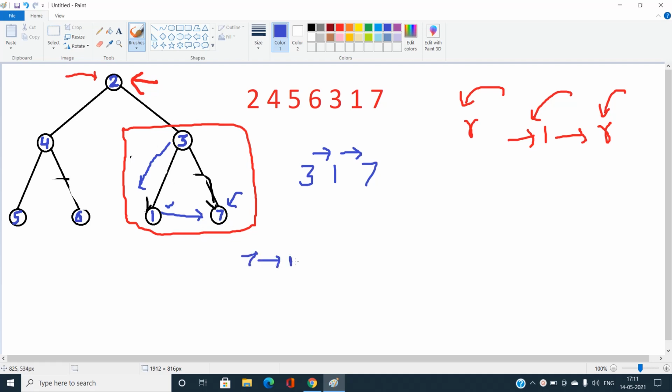And in the reverse fashion, since I'm traversing first the right child node, then the left child node, then the root, my next node would be coming out to be this one. Then I will point 1 to 7, and 7 is pointing to null. Note that initial previous is pointing to null, then my previous would point to 7, and after doing this operation, my previous would point to this 1. Then I will go to 3, then 3 will point to previous, and previous is already 1, and then 7, and then it goes on.